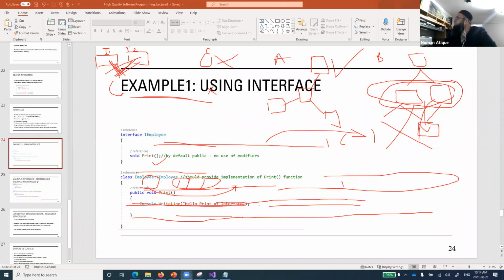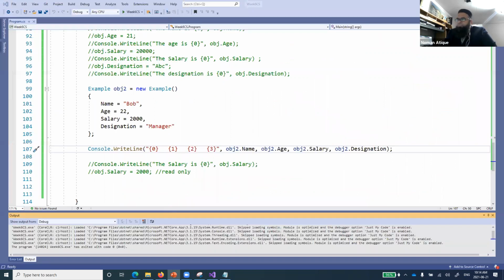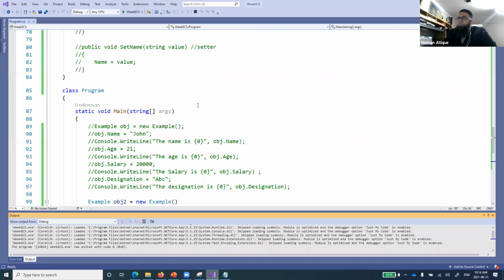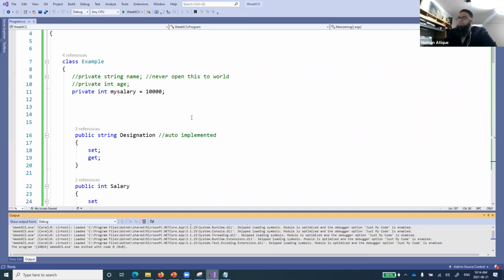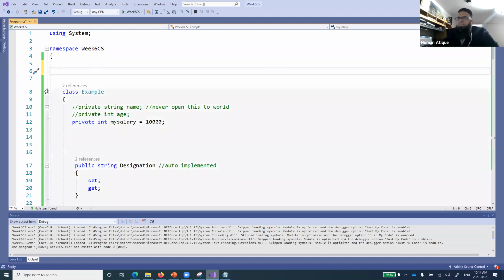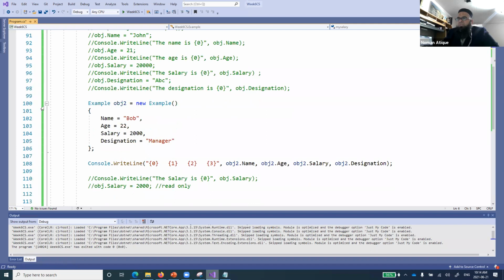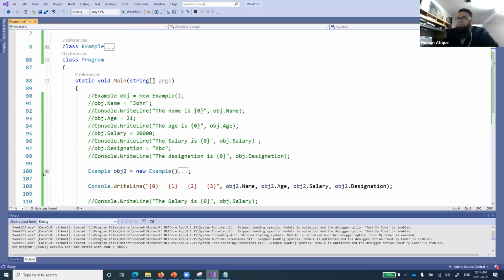So let me just remove that drawing. Let's go to the program and try to run that. So this is our program. Now, as we have defined a class example, let me close the rest of everything. Class Program, just keep it open and close this example.